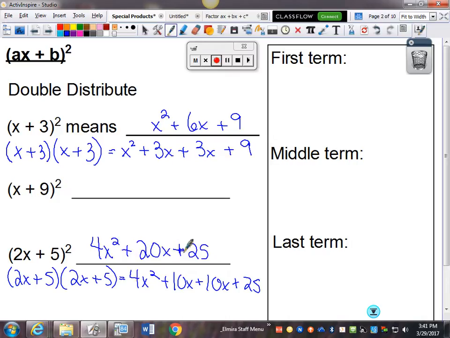And there's nothing wrong with doing these problems in the way that I've just shown you. However, my goal for today would be for you to be able to multiply those out with a little bit of a shortcut. What I want you to notice is that the first term comes from the first term of the binomial squared. So x went to x squared, 2x went to 4x squared. So the first term in your trinomial, your a term,